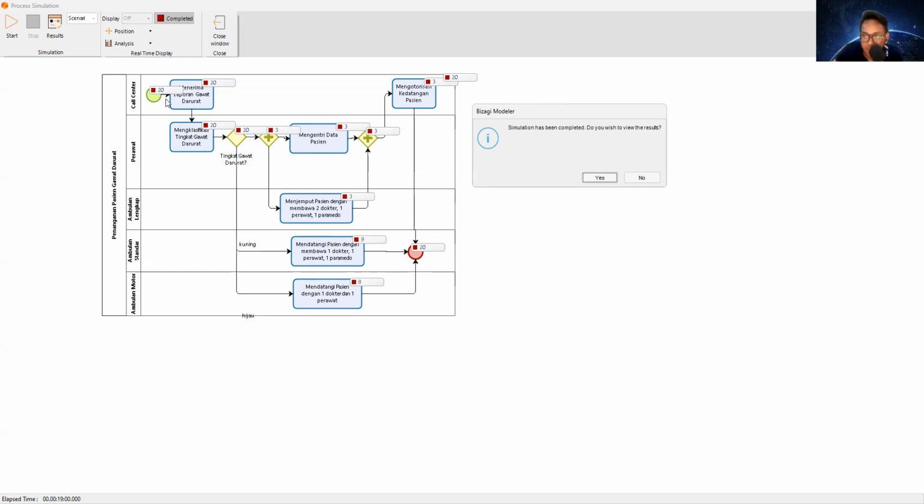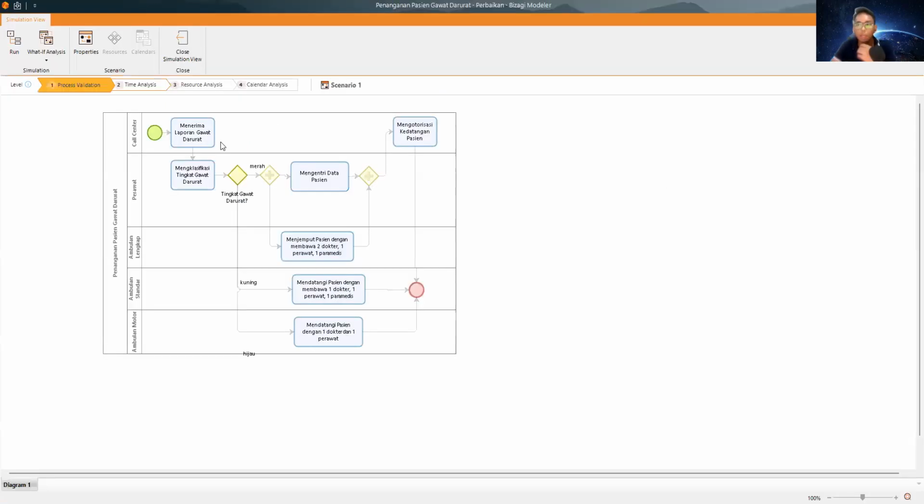In this part it is going through correctly, because the start event is 20 and the end event is 20, and they are the same. That means the session is going through correctly, guys. We click close window. Because the process validation is correct, we move to the time analysis.